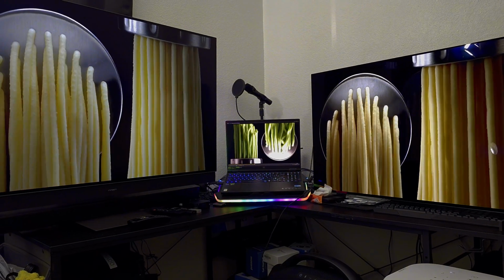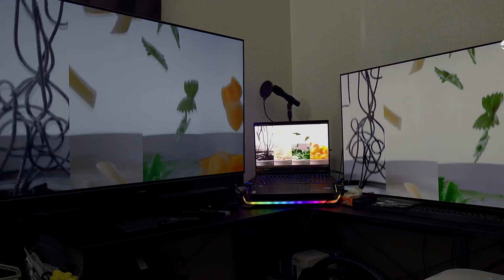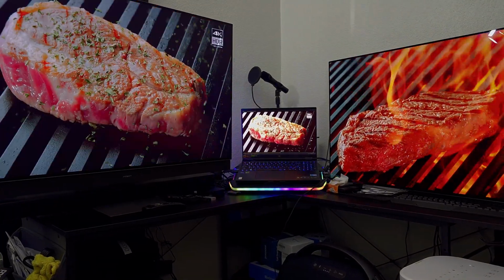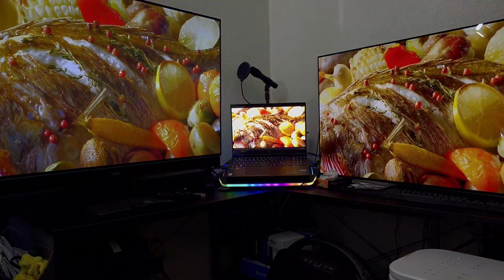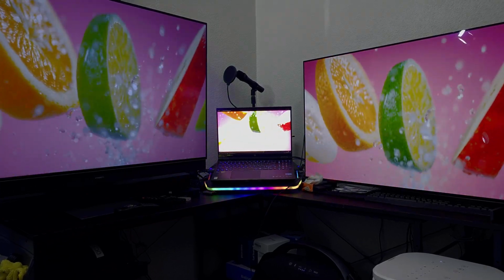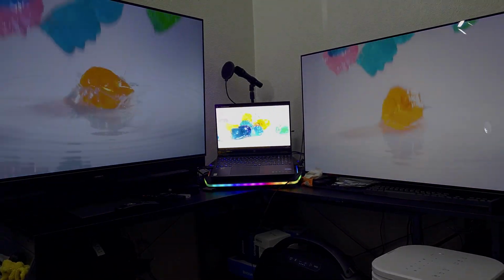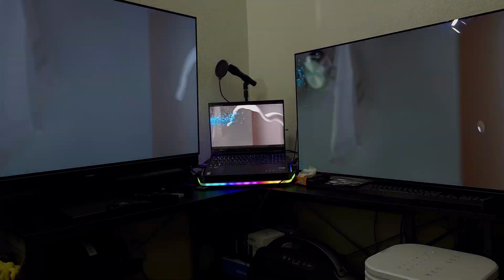So as you guys can see right here, I have all three of them again running the same video. So I can still do those type of comparisons, but now I have more options than ever before on the display settings and how I want to run them with this Orei 4K or 8K HDMI splitter,